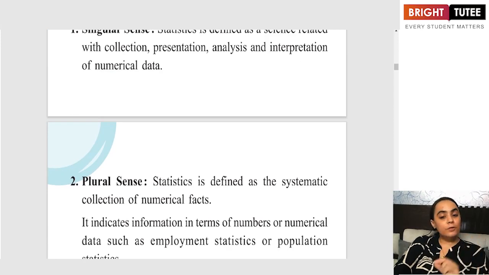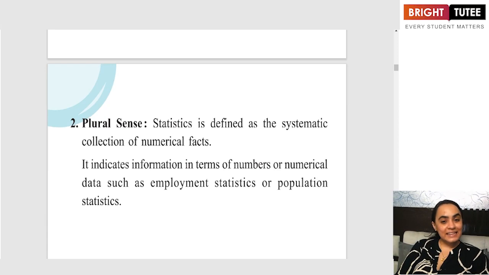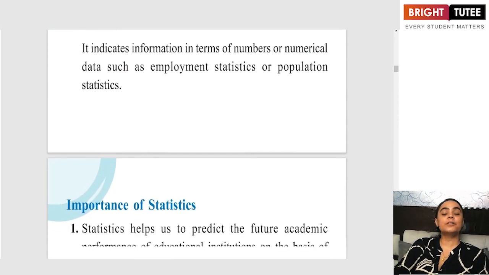However, in the plural sense, it is the systematic collection of the numerical facts. The singular was just the collection, but plural is the systematic collection of the facts. This basically indicates that whatever information you have with respect to the number, with respect to the data, of population or anything is systematically collected so that the desired results get